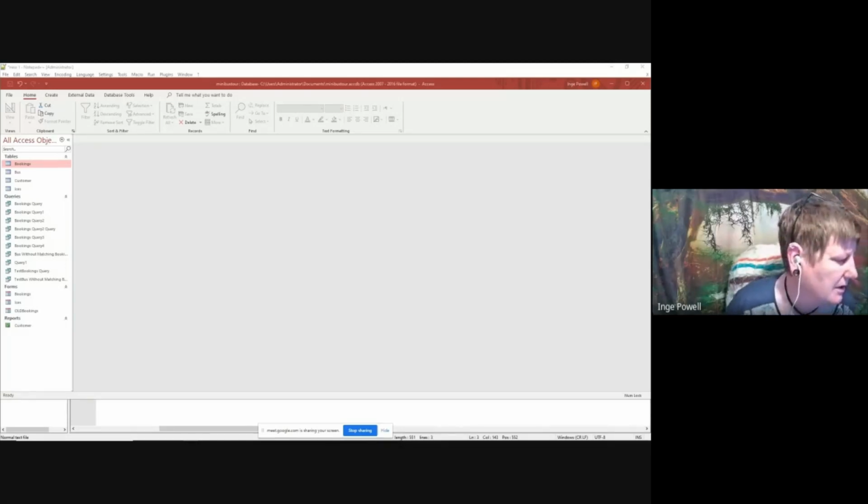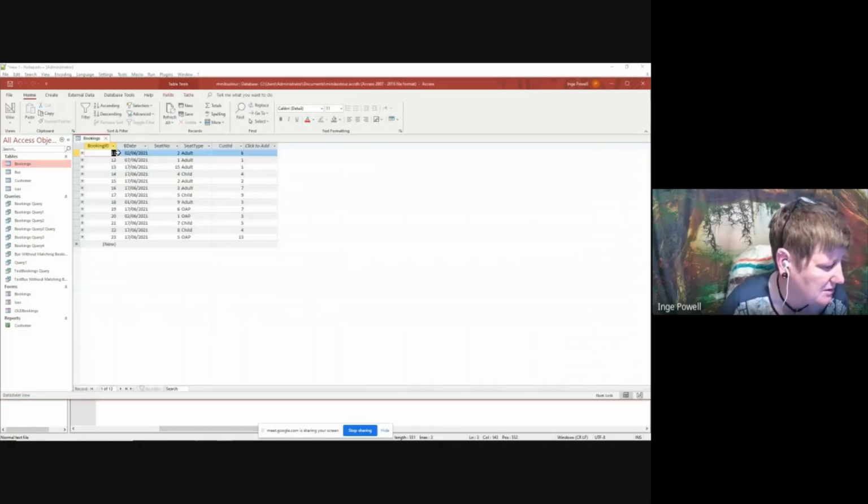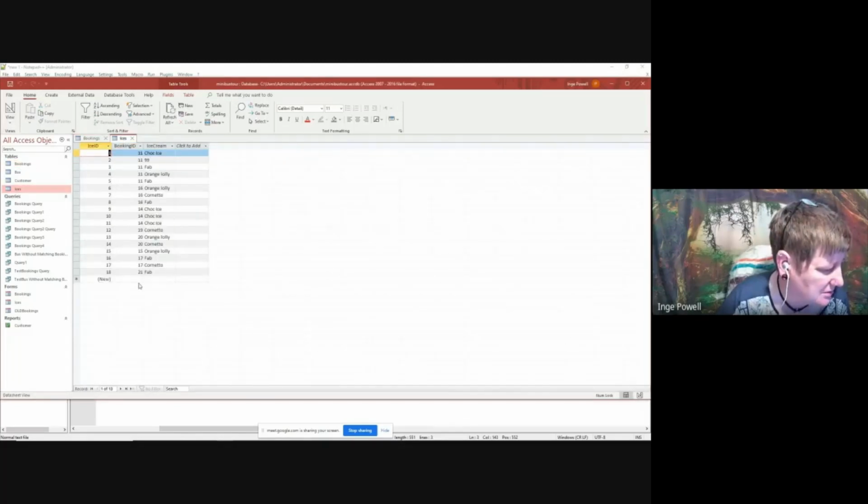Okay, so we're going to have a look at this table and we're going to create a bookings price thing. For this, we've said that the minibus tour was £12 per trip, and then they were charged £1.50 per ice cream. You can see we've got a table here for the bookings, and we've also got a table for the ice creams. So regardless of what type of ice cream they have, you can see here there's 5 ice